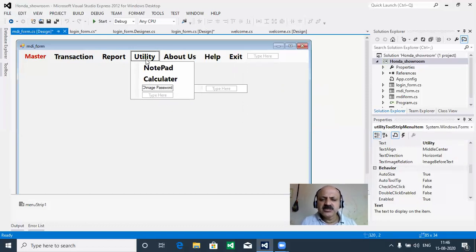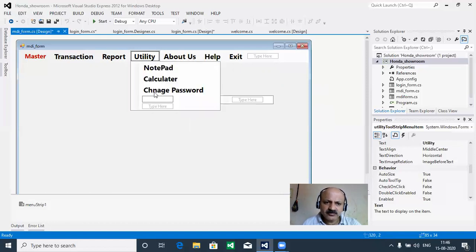So utility means you can provide your facility requirement, like Internet Explorer, if you are required, if you are taking one website, you have to maintain your branch or company or your institute, that project you can handle. At that time you can also use a website, give the name, or directly that website is opened. So utility means all combinations used according to your requirement. Here we can use notepad, wordpad if you require, excel sheet if your requirement, so you can give according to your project title. That is a utility. So Notepad, Calculator, and Change Password. You can use only 3.